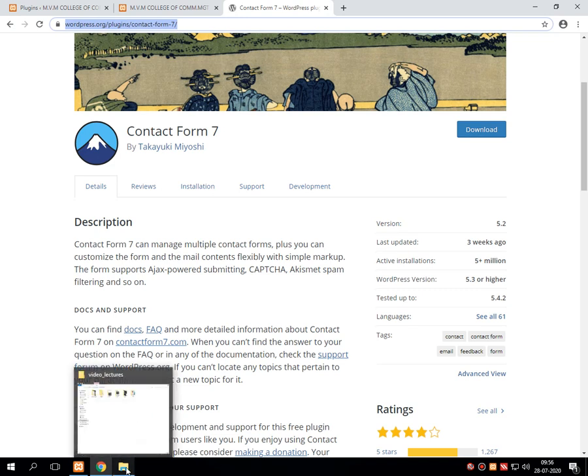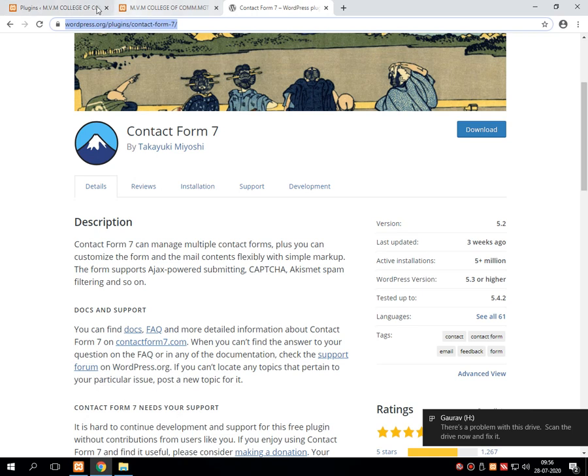Once the plugin was successfully downloaded to the desired location, we started the installation process of Contact Form 7.